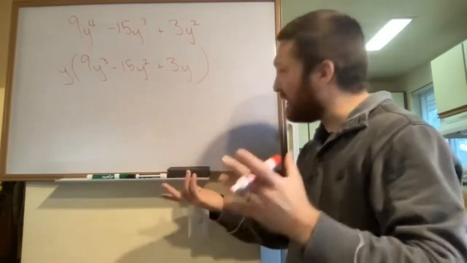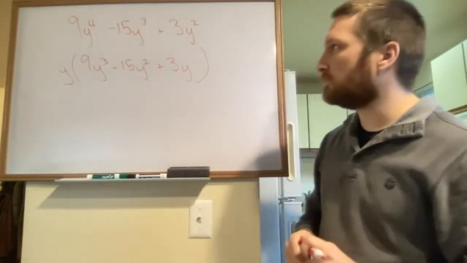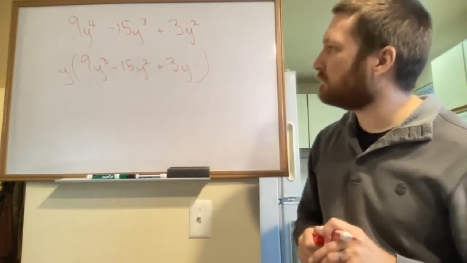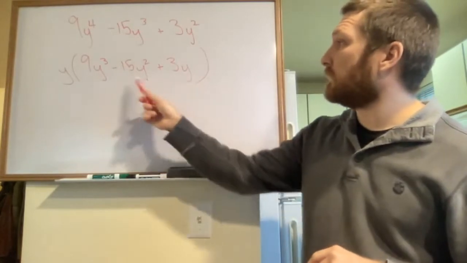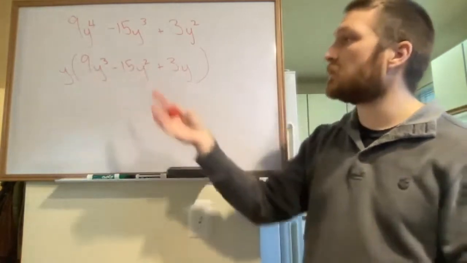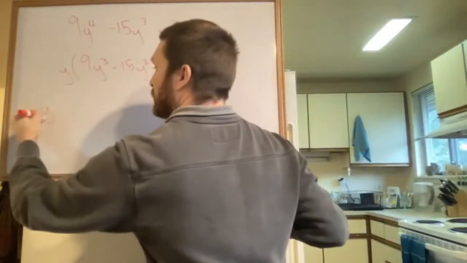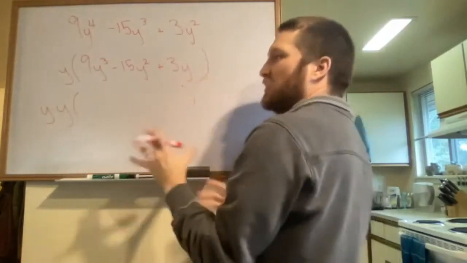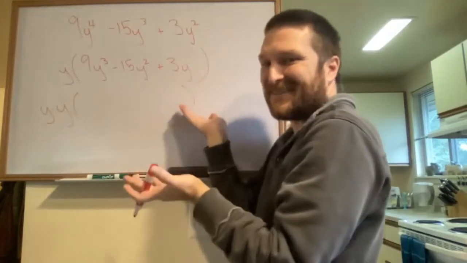Do you believe that? Does that make sense? Yes. Yeah, that is really straightforward, right? Now, am I done? Can I pull out another y? Yeah, there is at least one y in every single one of these terms. And so we could say, yeah, we could pull out another y. And so what I'm going to do is I'm just going to write it like this. And what I'm imagining here is kind of the inverse of multiplying. That's exactly what it is. It's as though,